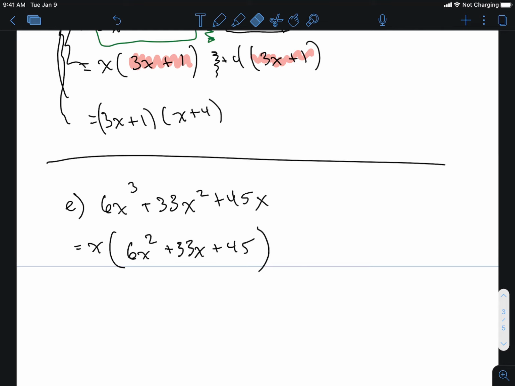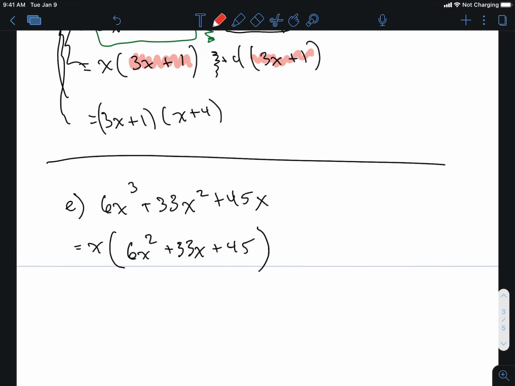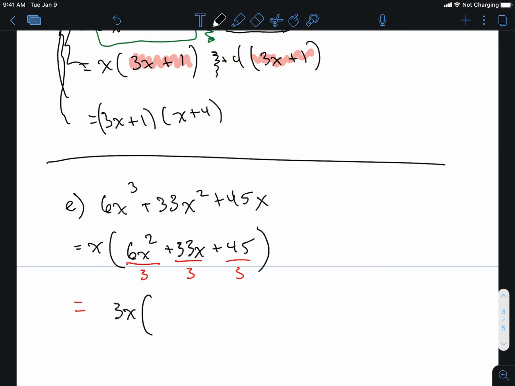You can take a 3 out of there too. Okay? All three of those are divisible by 3. So the 3 comes out front of the x as well. So we go 3x. And what's left after I remove the 3? 2x squared plus 11x plus